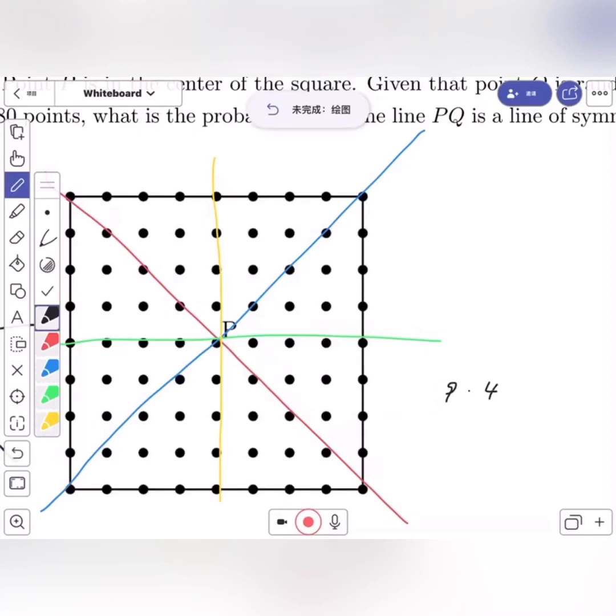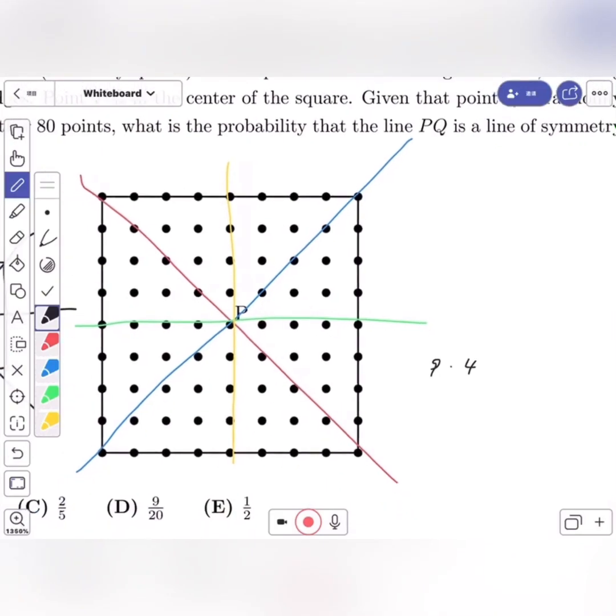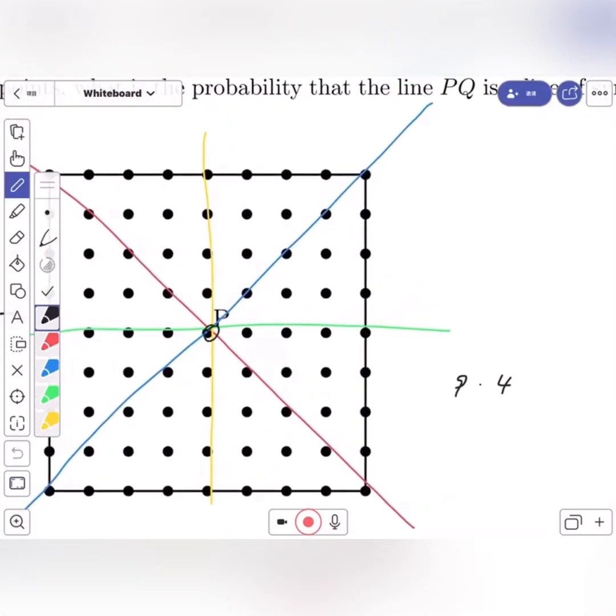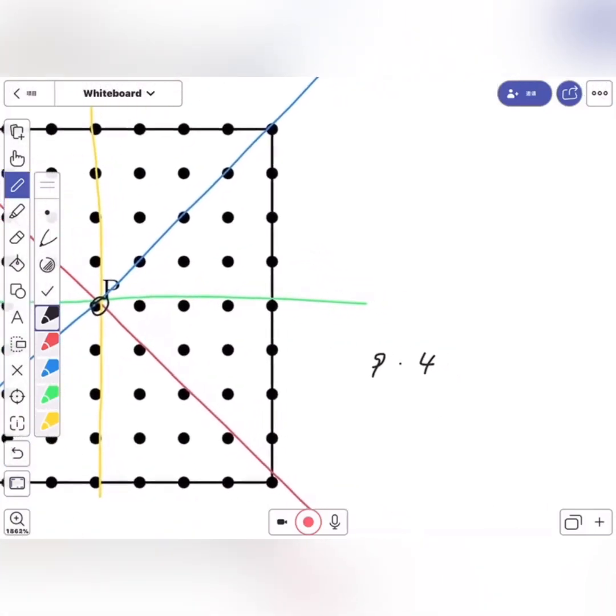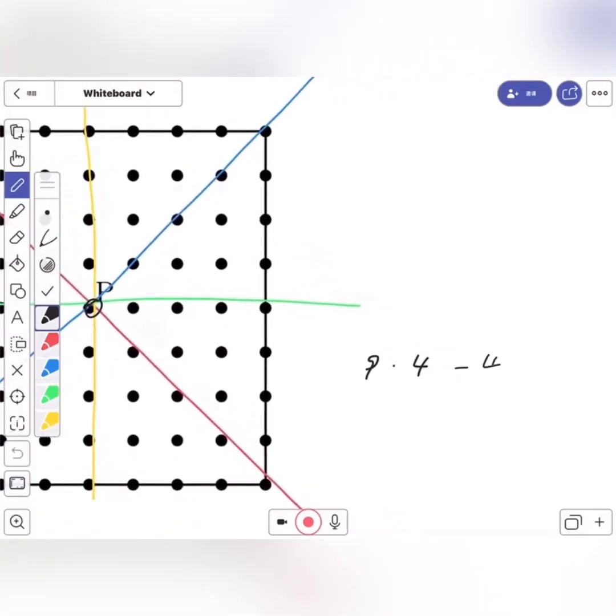But are we done yet? Well, no, because the midpoint is counted 4 times in total, while we only want to count it once, right? So we have to subtract 4, which would give us